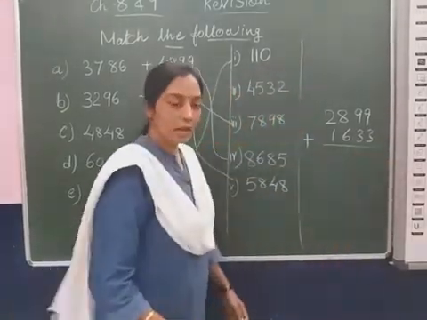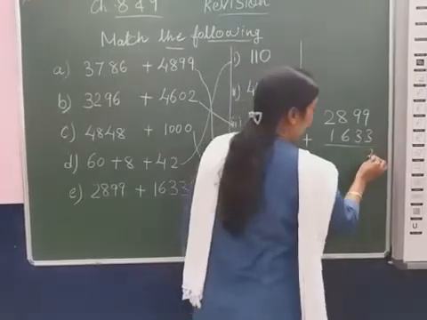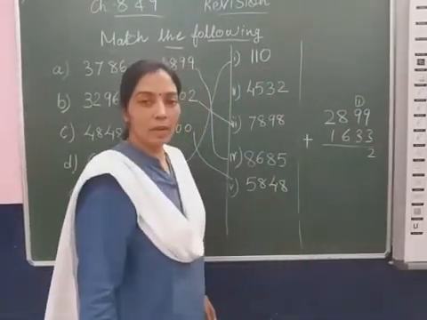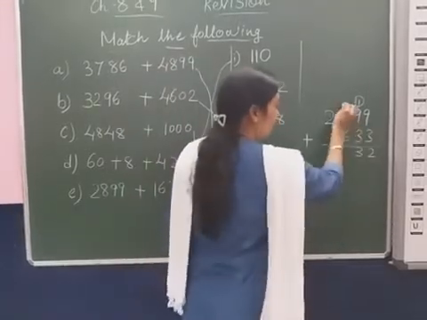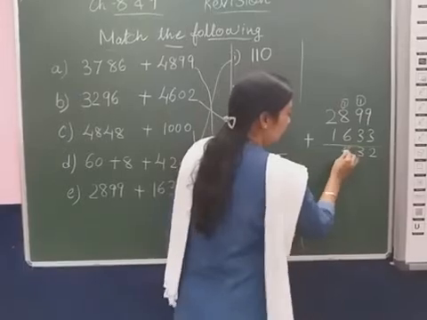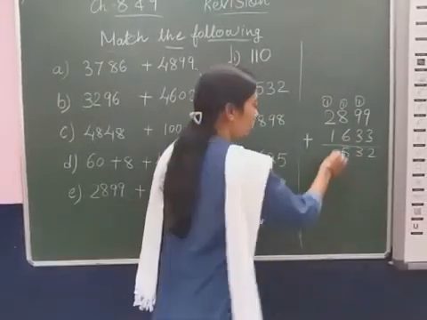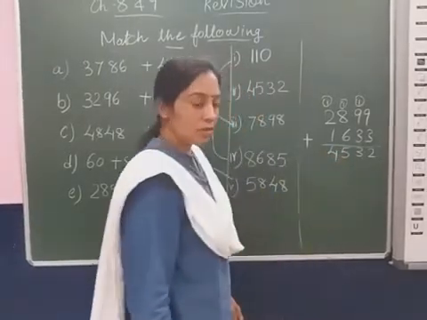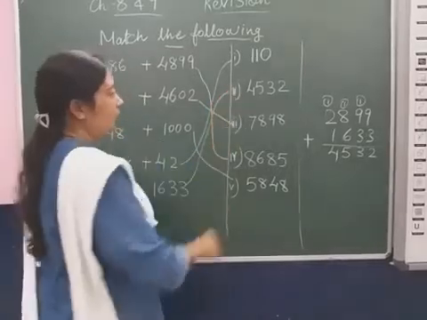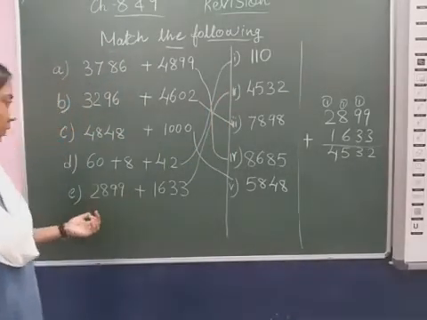Addition with regrouping: 9 plus 3, 12, 1 is carried forward. 9 plus 1, 10, 10 plus 3, 13, 1 is carried forward. 1 plus 8, 9, 9 plus 6, 15, 1 is carried forward. 1 plus 2, 3, 3 plus 1, 4. So 4532, and we match it with the fifth, E,